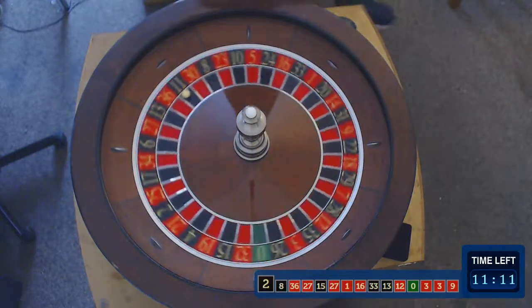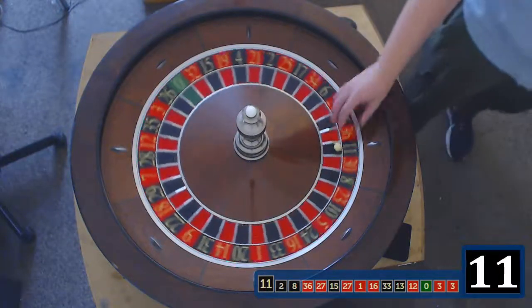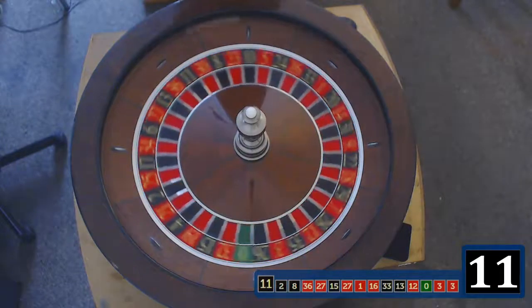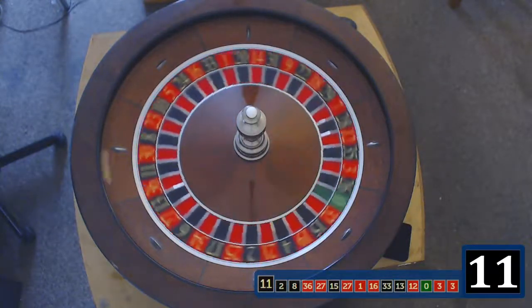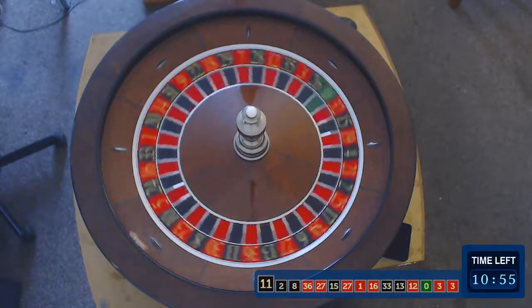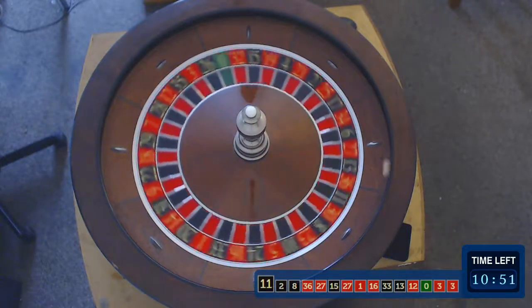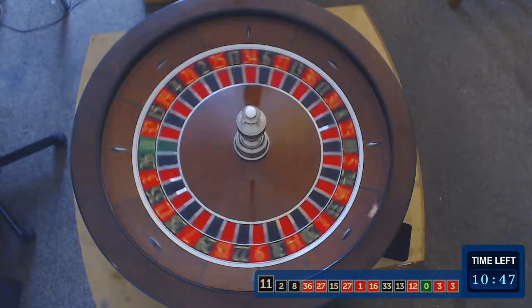11, middle column, first dozen again. It's black, it's odd, it's low, and it's in the tiers. Last 3 results have been middle column, first dozen, all black as well. This is the 100th spin, so after this spin I shall go through the stats, and then we will find out exactly how the wheel has been behaving in its first 100 spins of the day. Moving my mouse,